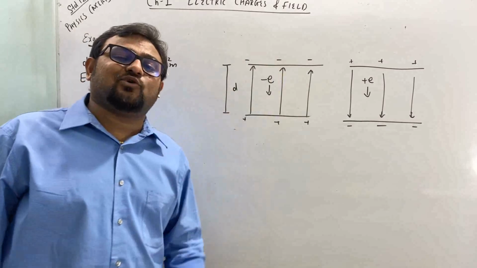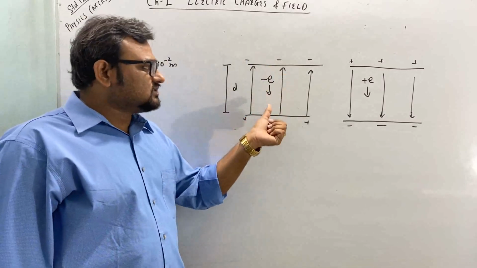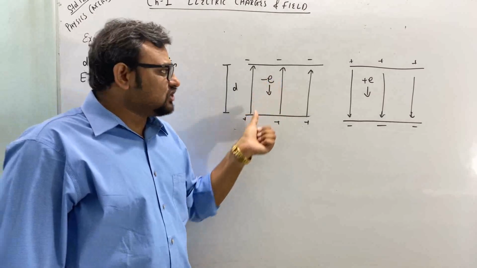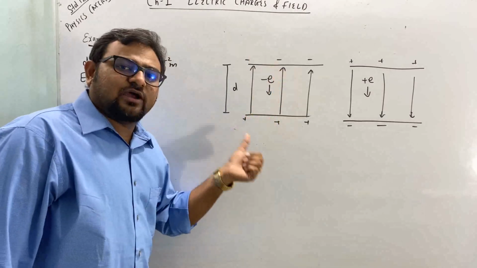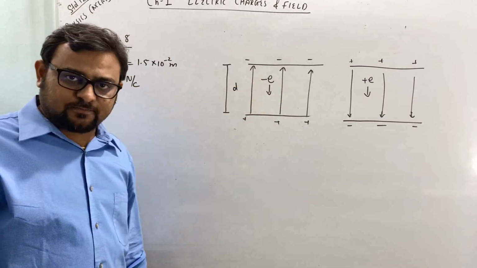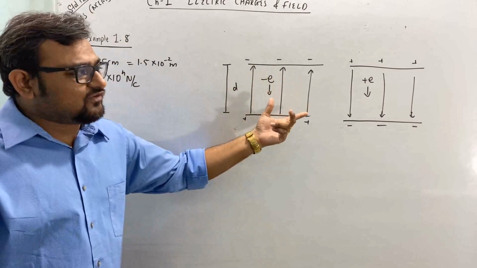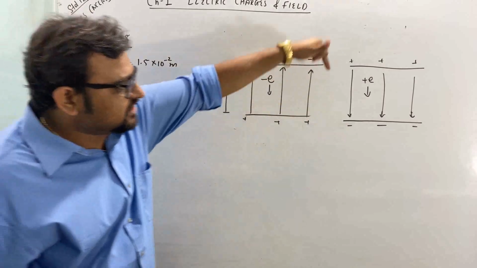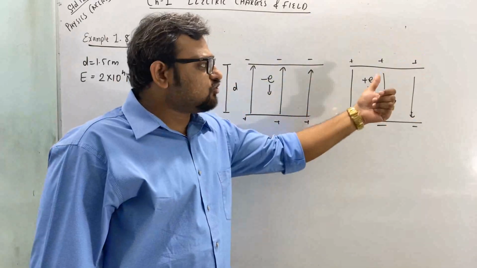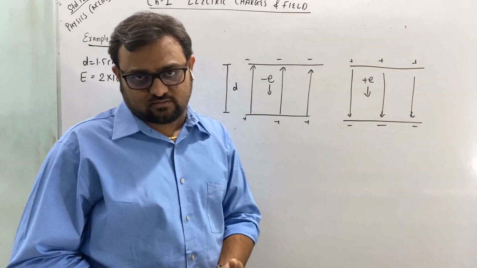Now you have to calculate the time. When the electron is placed here, it will fall down because an electron moves in the direction opposite to the electric field. So the electric field is upward, and the electron will fall down. You have to calculate the time taken for the electron to reach here. Clear? In the next case, the direction of the electric field is reversed. See here, now the electric field is downward. And a proton is placed instead of an electron. And now you have to calculate the time taken for the proton.